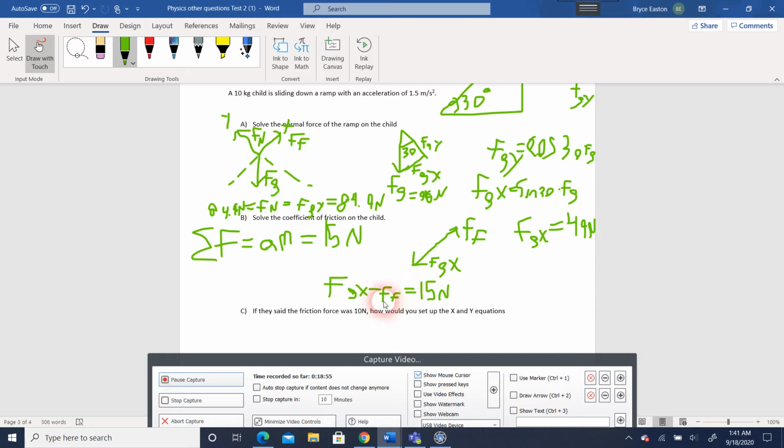So 49 newtons minus force friction gives us force friction equals 34 newtons. We also know that the equation of force friction is the constant, in this one it's going to be k, because we're assuming that if it's a body in motion, then it's going to be kinetic friction,